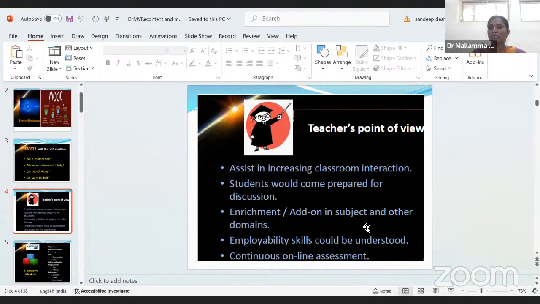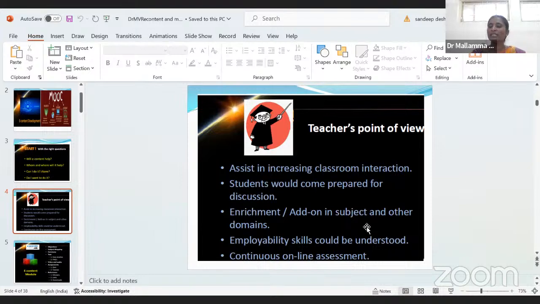Then it enriches the add-on subjects and other domains. It is not restricted that if your course has 4 subjects, you have to read only 4. You can take a certificate course on English communication. You would not take a certification course on cooking. Any add-on, not only co-curricular activities, even a certification course. For example, if your course has C programming, then you can learn Go programming. To understand Go programming, you need to know system development and what quantum physics is. Those additional courses you can learn here, and you can get certified. Once you get the certification, that will increase your employability skills.